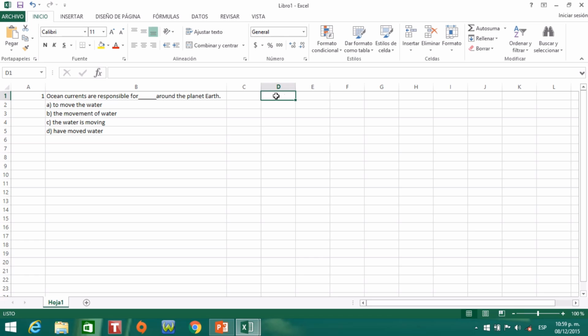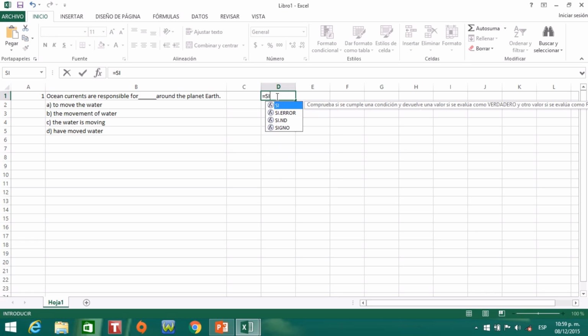So you place here, leaving this cell, remember that, type equal, type function if, parenthesis. Now type or select the cell C1 equal again,